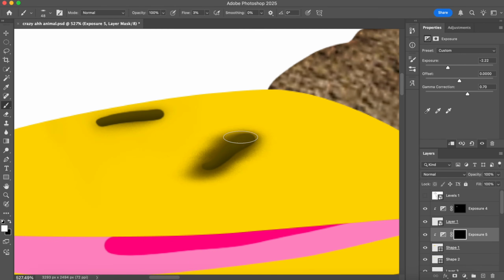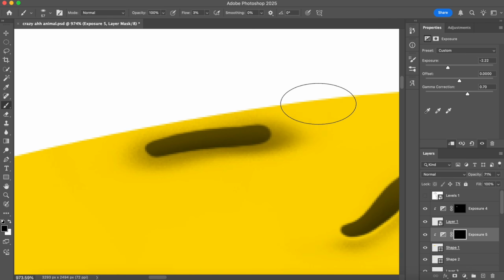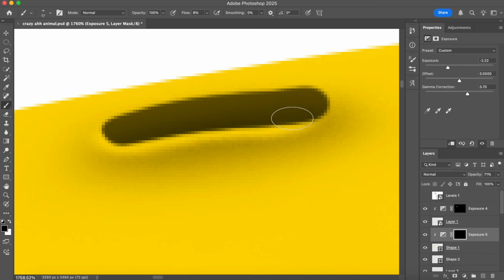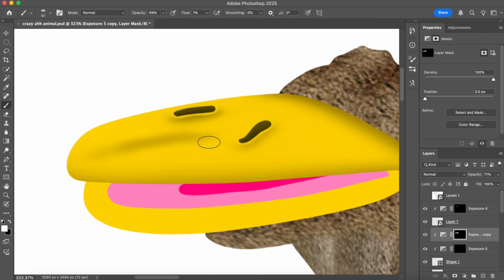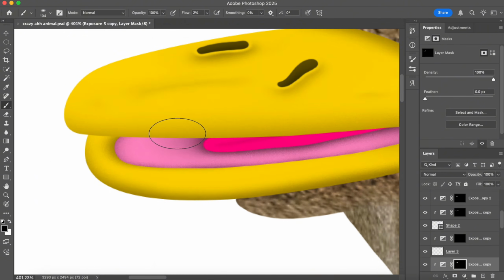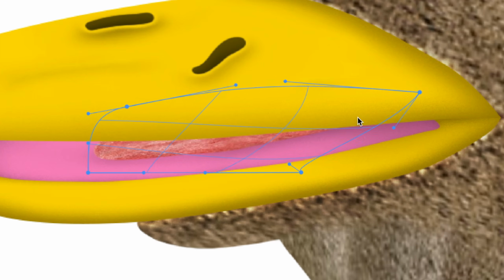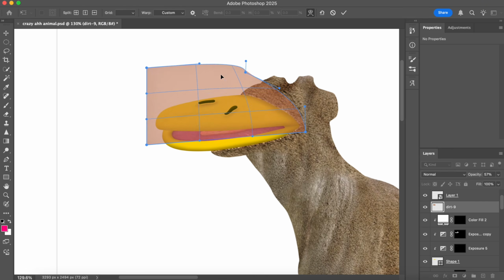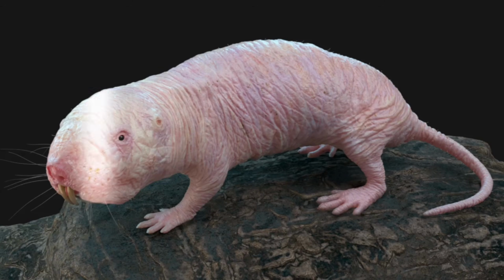But let me go back to the nostrils for a second so I can go and add some shadows and then erase a bit near the edge, which makes it look like there's a bump or a little raised area. Then I'll go around and add some more shadows to give it some more depth and contrast. Let's put a tongue texture on the tongue and a mouth texture on the mouth. I am going to put this dirt on the beak for some extra texture